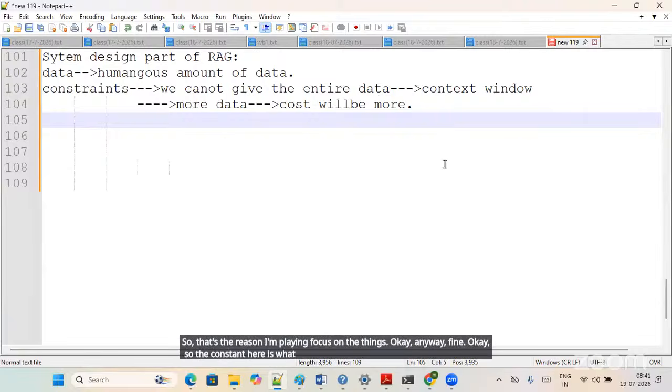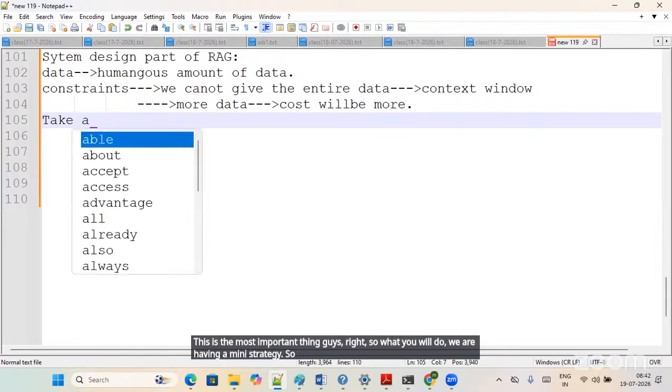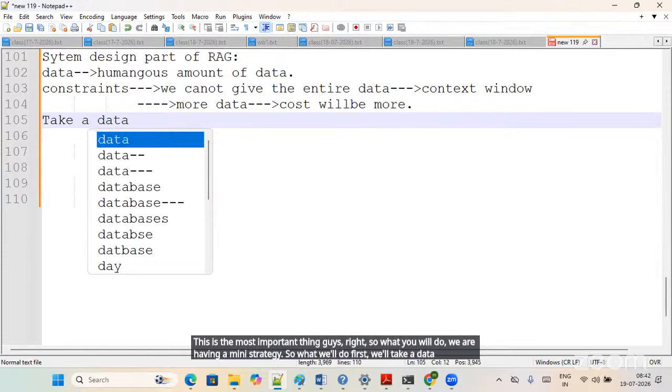We cannot give the entire data, guys. We have a limitation of the context window here, and if you give more data, it will definitely be a huge cost, right? So how will you give data to the LLM? This is the most important thing, guys. We have many strategies. First, we take the data